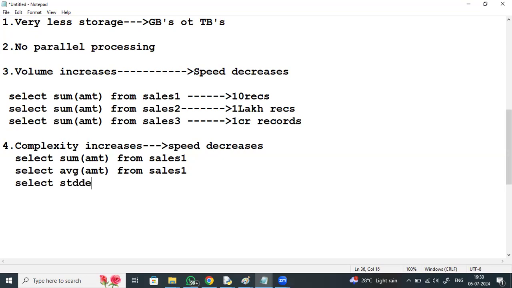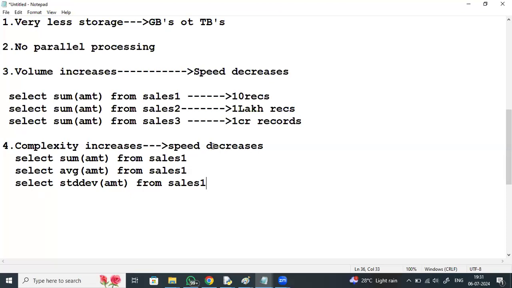Select the standard deviation of amount from sales 1. Total amount from sales 1, average amount from sales 1, standard deviation of amount from sales 1.